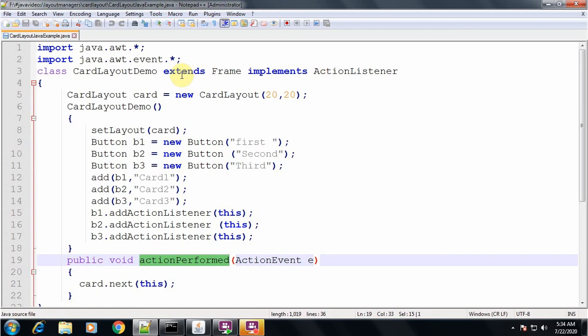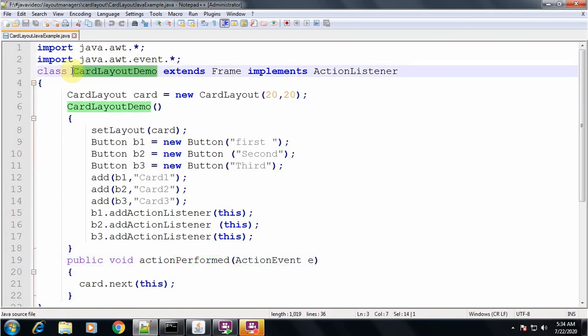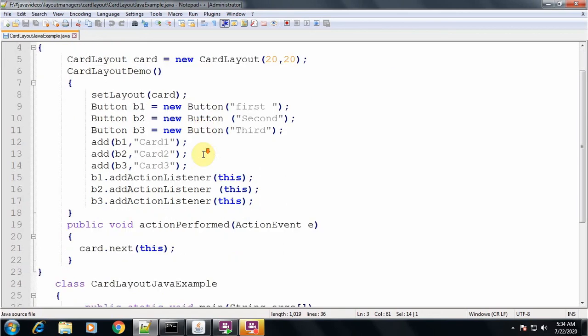Is this point clear? So what is this class? CardLayoutDemo class is implementing the ActionListener interface. Hence this class should provide the methods that are present in this interface. So CardLayoutDemo has got a method. That method is actionPerformed, and the syntax specifies that the actionPerformed method requires an object of the ActionEvent class. Okay, now this is what you study when you are learning about interfaces and packages, that chapter in core Java.